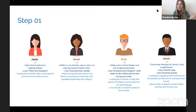Is TikTok still legal in the US? I'm sorry, I don't know. I don't know if you can still get it, but I think you can still use it if you have it already. Whatever's going to replace TikTok, I don't know. I don't want to get into that political discussion, but